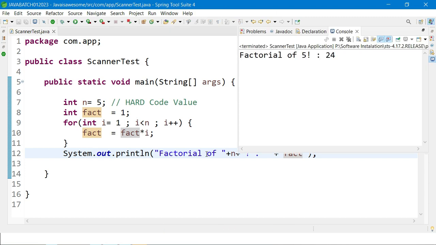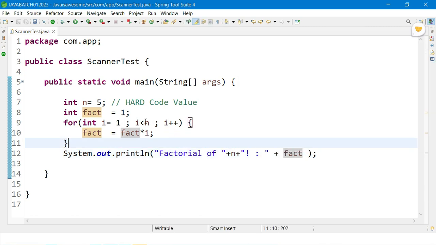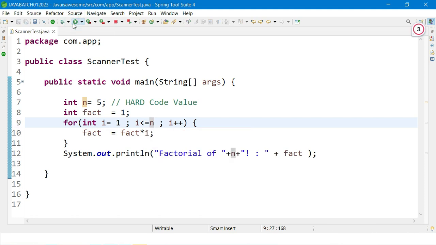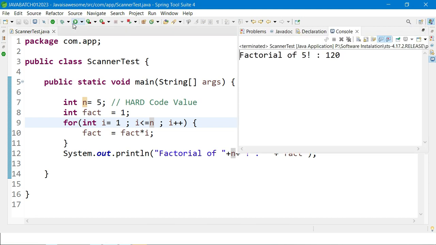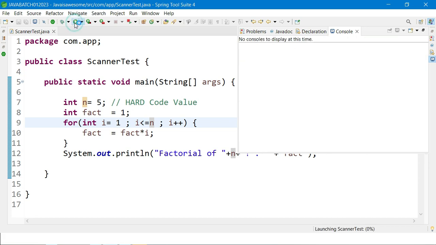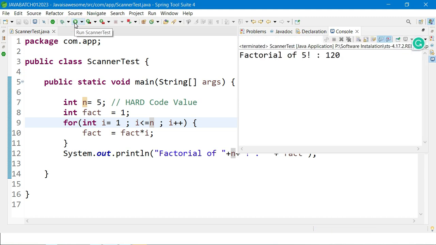Okay, so once I run, you can see the output. Factorial of 5 is 24. That is wrong. Here we have to give n equal to, up to that we have to run. Okay, so this is the right and valid condition. So factorial of 5 is 120. Okay, fine, understood. Again, if I want to run this code, it will give the same result every time, but